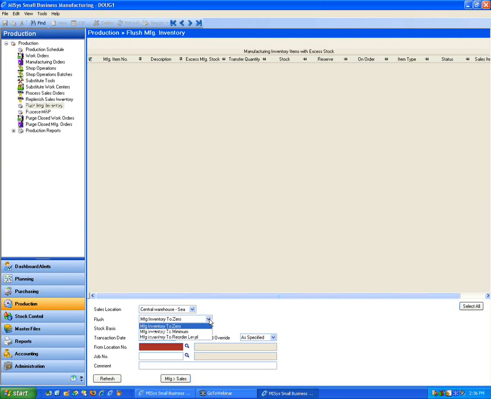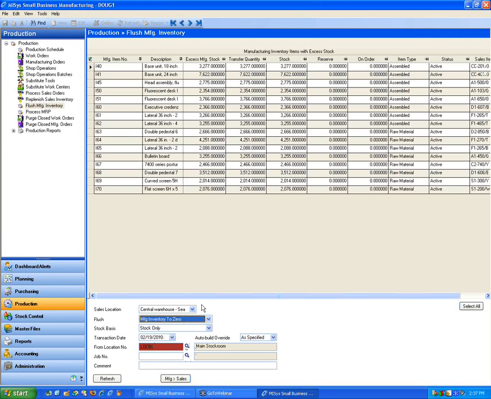If I want to transfer all the quantities of all my linked items so as to bring my manufacturing inventory to 0, I set my IC location I'm going to be transferring to, set the stock basis I want to base the quantity on, and tell what location I'm going to be transferring from. And now I get a display showing me what the excess manufacturing inventory is, what the transfer quantity is going to be, and what my current stock is